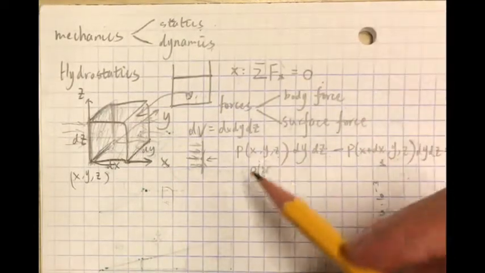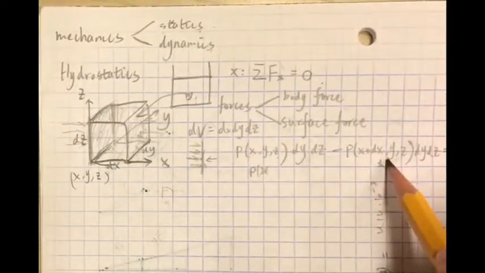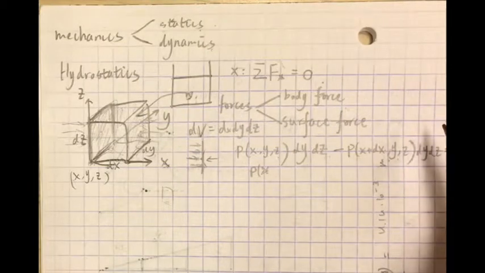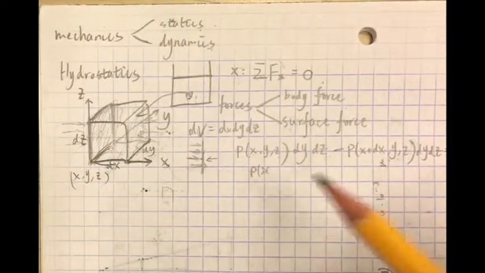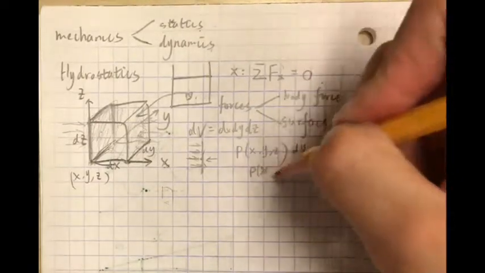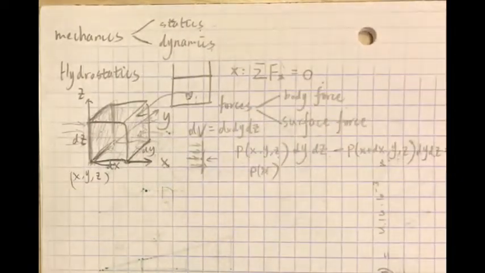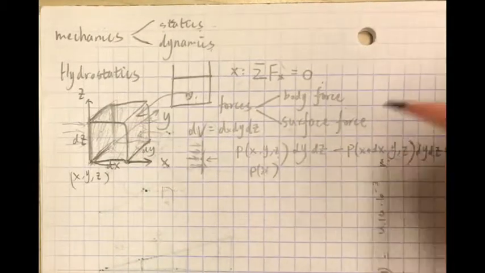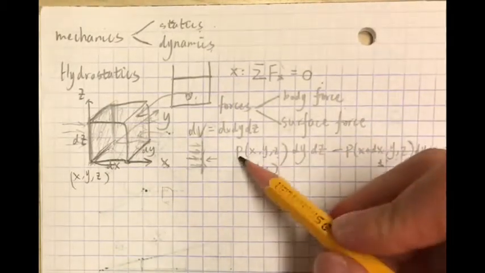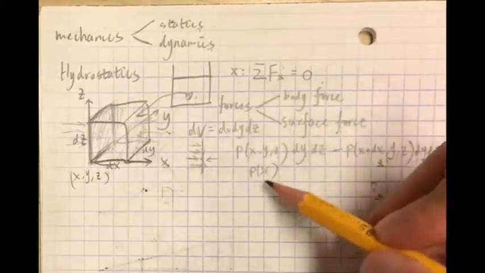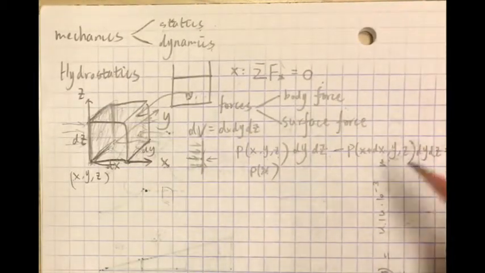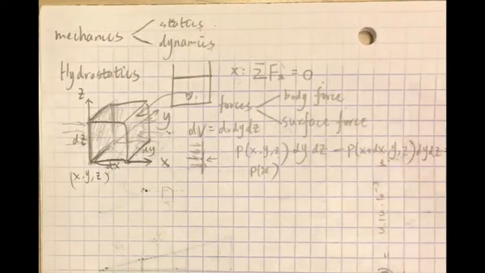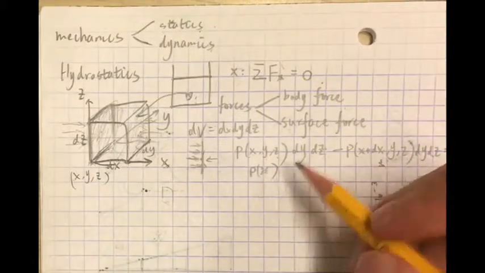So the two pressures only have a difference in the x direction. They do not have a difference in the y and z directions. So let's just call it px, because we can say the pressure here does not change with the y and z directions, or the y and z directions do not affect our pressure. So px